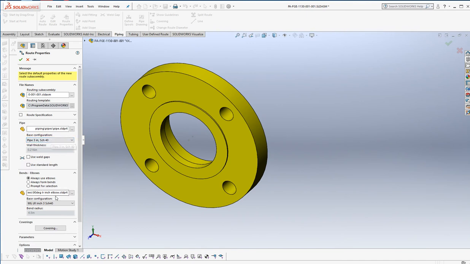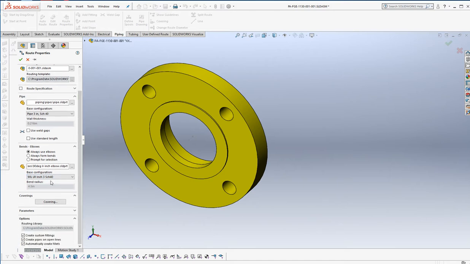It's a schedule 40, and then we want to specify always use elbows on our, and we'll use the set elbows that you can use. You can use all 3 of these if you wanted to, but we're doing schedule 40 for our design. Schedule 40 is the pipe thickness by wall, and it's 3 inches ID. Then it is wall thickness out. So off of this, it's going with a bend radius of 4.5,